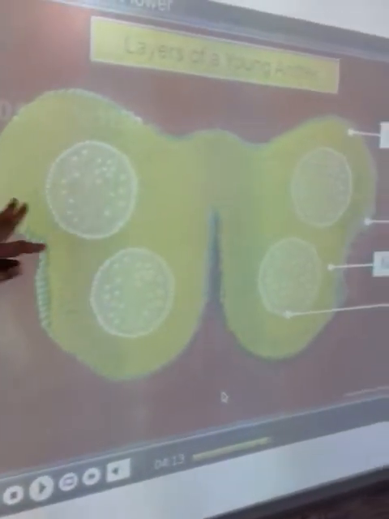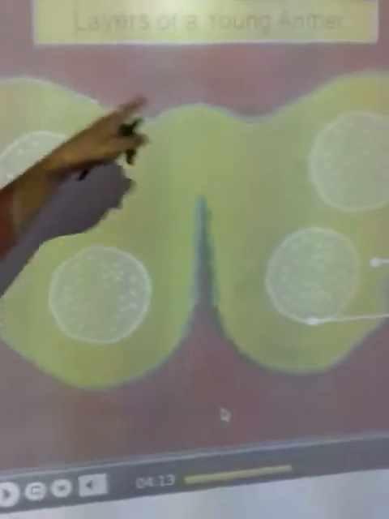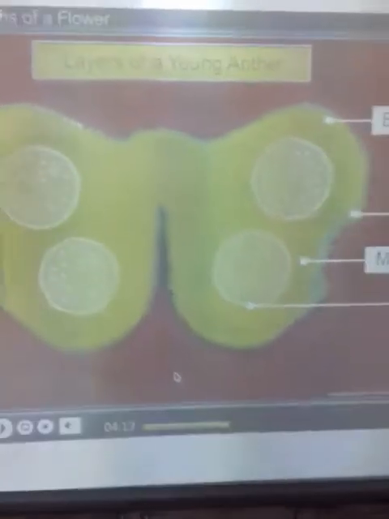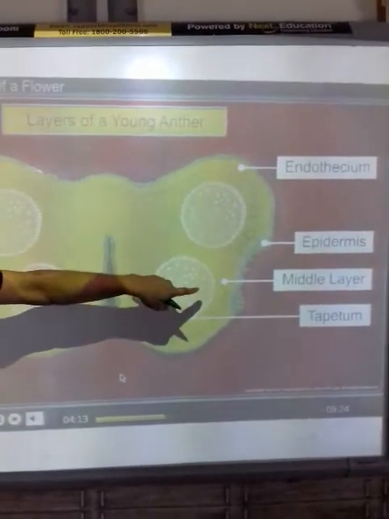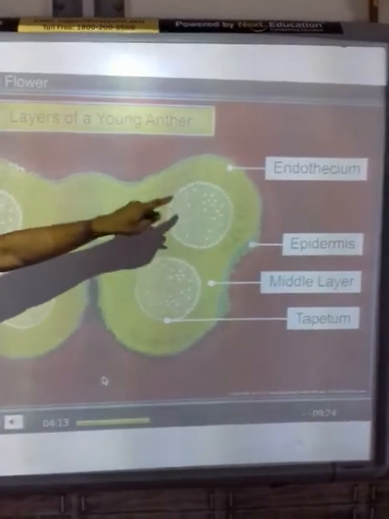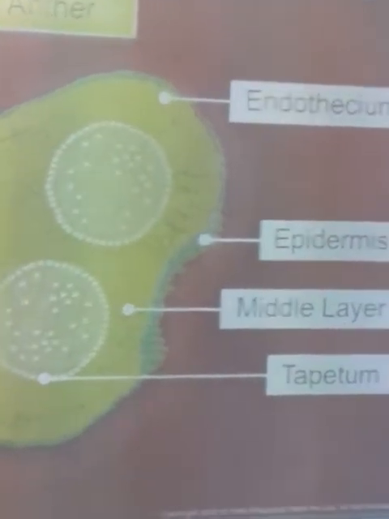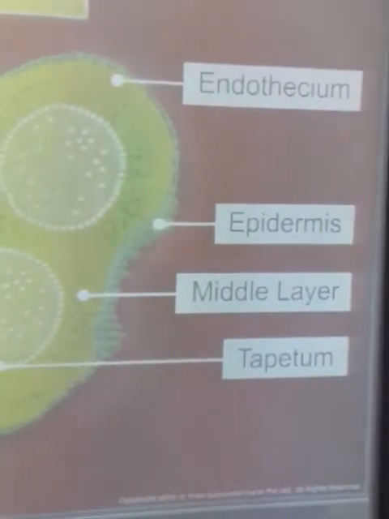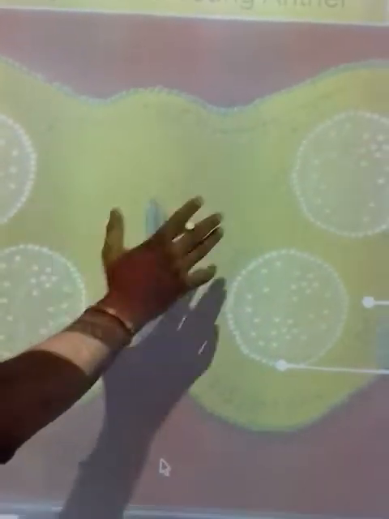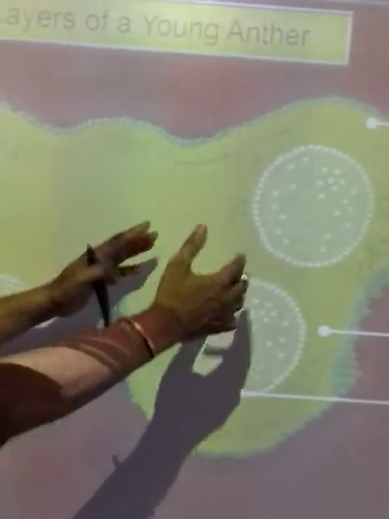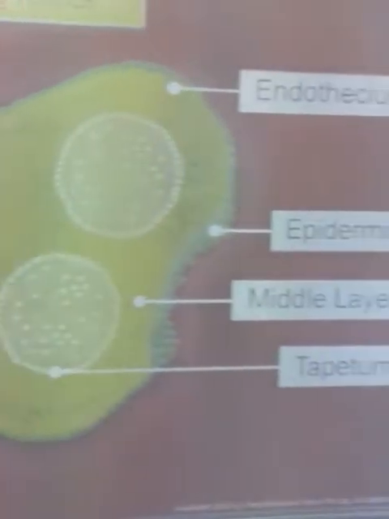You can see a little bit here the structure shown, the anther lobes. These are the sporangia, which contain the male gametes after maturation, and here is the place where the connective is, where the filament is connected. So this is dithecous, meaning there are two lobes, and each of these two lobes is subdivided into two parts. Now we'll come back here.